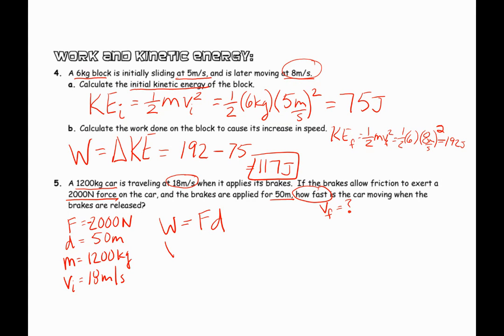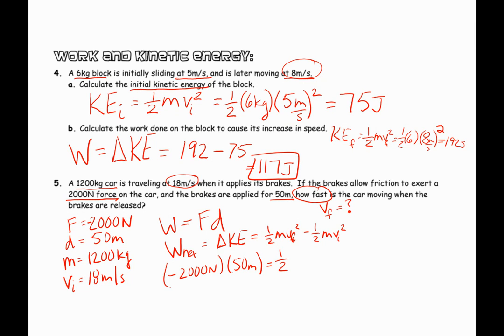Well, we also know that our net work is also equal to our change in kinetic energy, okay, which is 1/2 m v final squared minus 1/2 m v initial squared. So we end up having that our force times our distance, our force is going to be negative 2,000 newtons times 50 meters is equal to